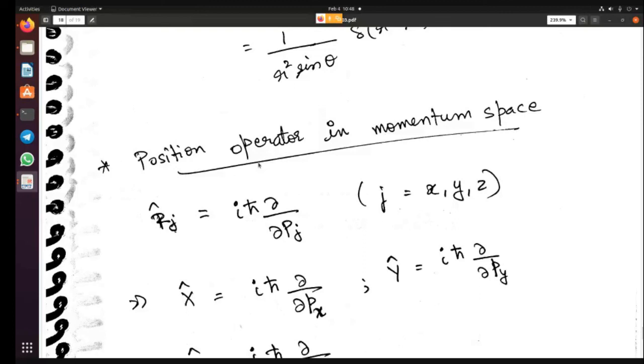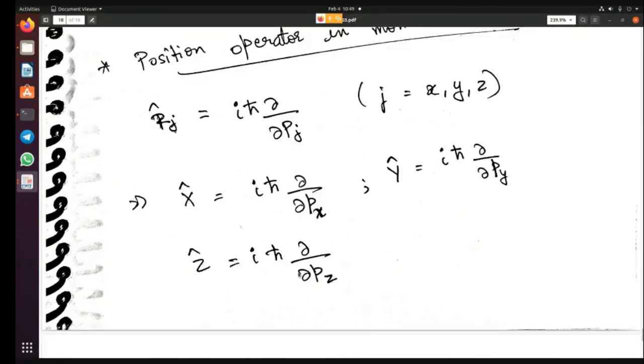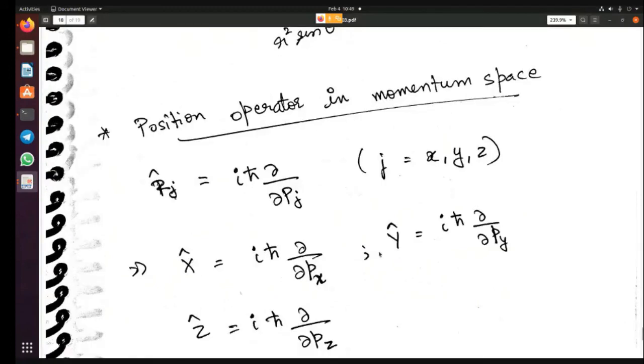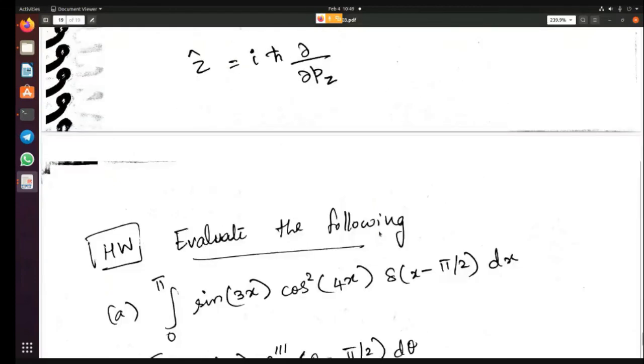Then, yesterday or maybe today, we looked at the momentum operator in the position space, right? For px, it was minus i h cross dou by dou x. But now we can write the x operator also in terms of px. That formula is i h cross into dou by dou px. Y is i h cross into dou by dou py, and z is i h cross into dou by dou pz. Okay, so these are the formulas for writing the position operator in momentum space.